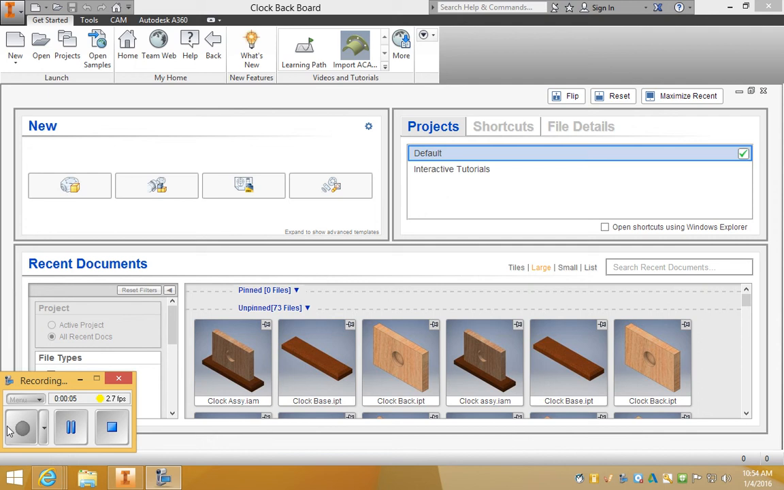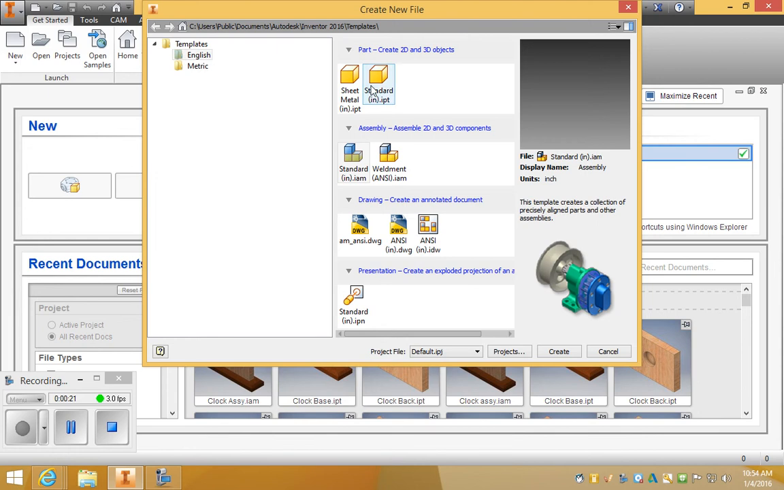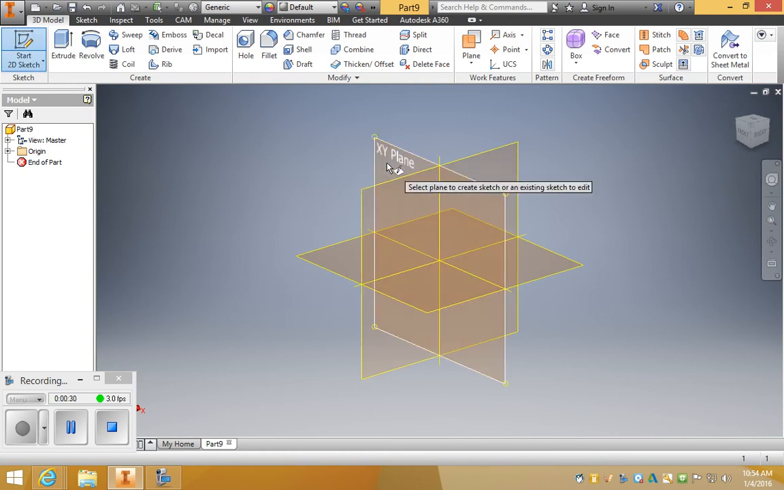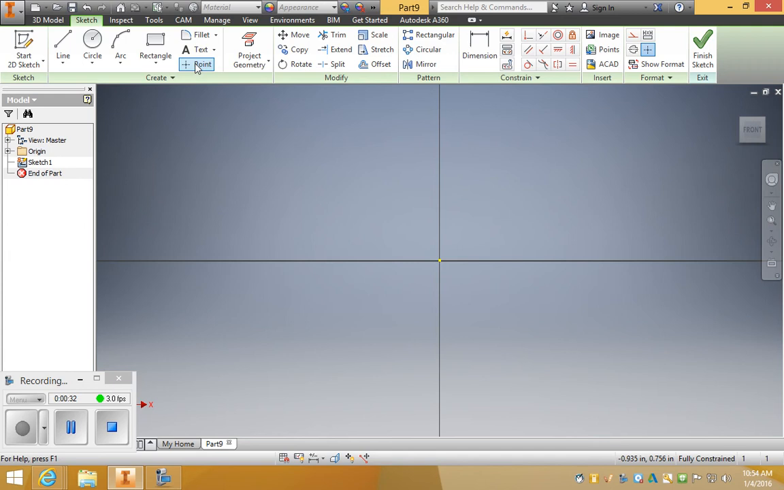So what I'm going to start to do is start working on the desktop design activity. It can be a desktop organizer, a desktop clock, nameplate, decorative sign, something like that. I want to start off, as usual, with my new, my standard IPT. And then I want to go to my start sketch, click my XY plane, and then I